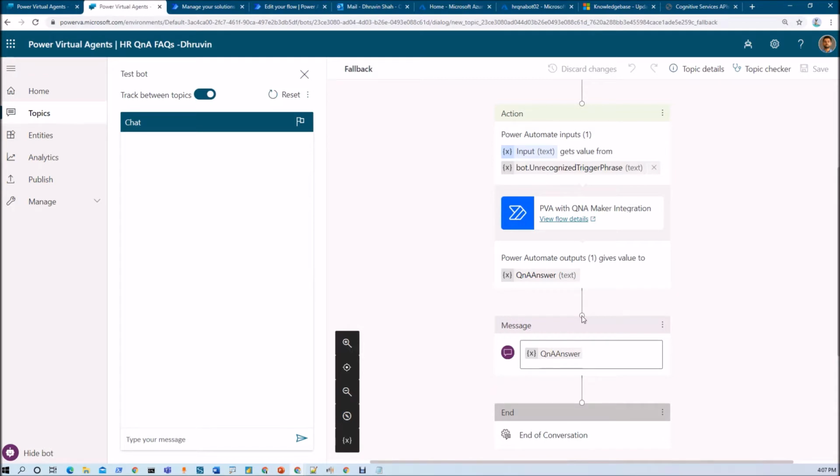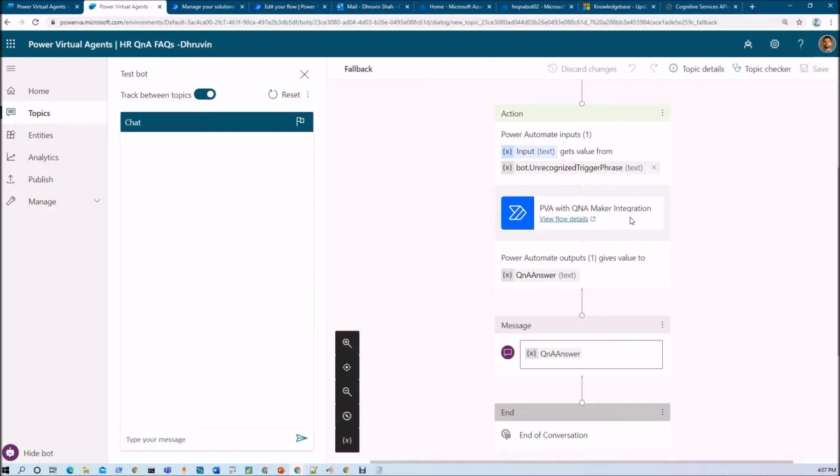First of all, we will open the same flow and add one additional condition in the existing flow: if the score is less than 45%, meaning that the answer is not found from the knowledge base, then we will consider that an unanswered question. Then we will create another flow that will be used for an approval process for an admin, and then it will use the Q&A Maker knowledge base API in order to update the question and answer pair into the knowledge base. So this is the overall goal.